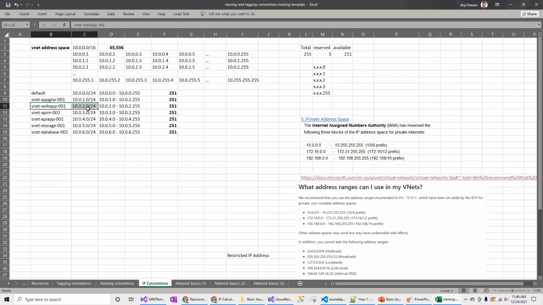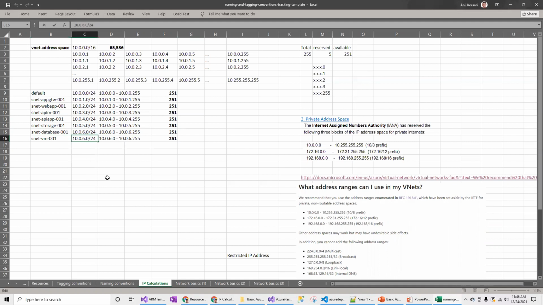The same thing for the web app. I will start with the series 2. Third, I will use the third number for the APIM. For the web tier, app tier, I'm going to use 4, and the storage account. For example, if I want to add one more for my jump server, which is not here, I will say subnet for VMs.